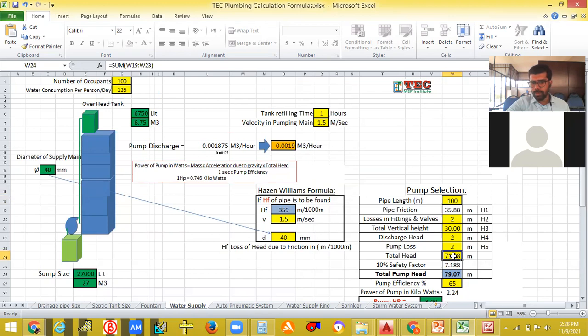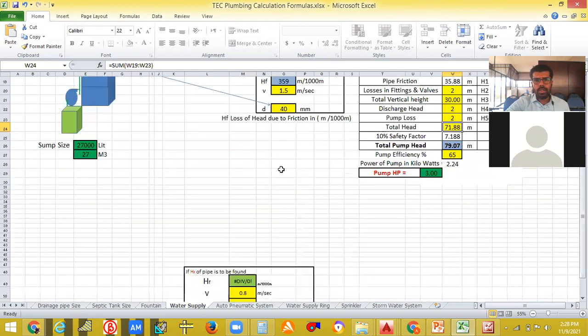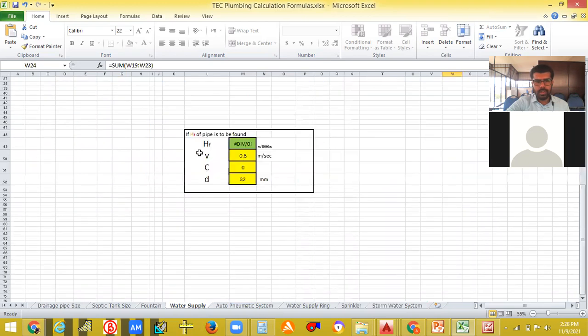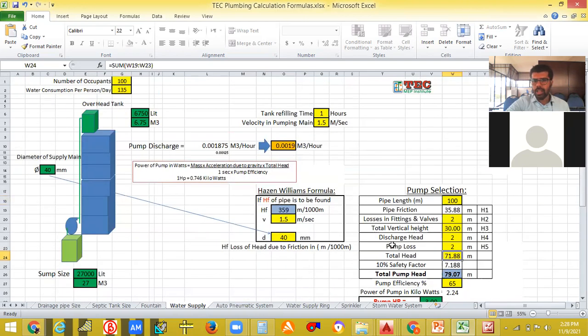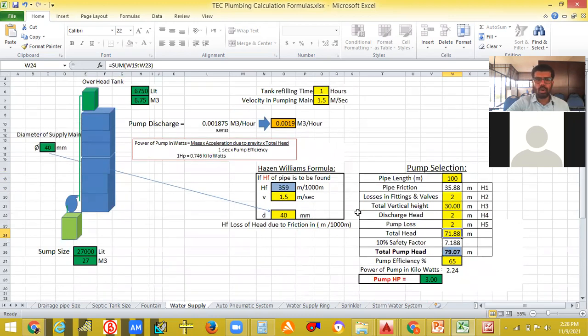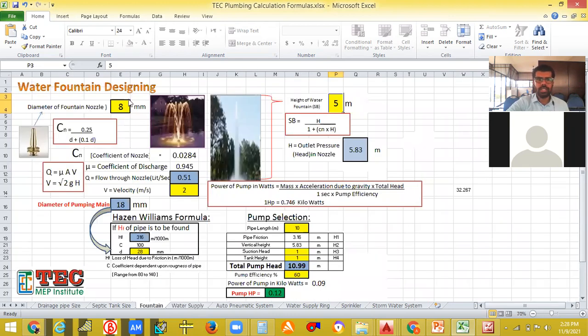So just leave the 71.88 here. Okay, that will be automatically obtained. So just only focus on this yellow columns. The same way with this fountain also, just focus only on these yellow columns.